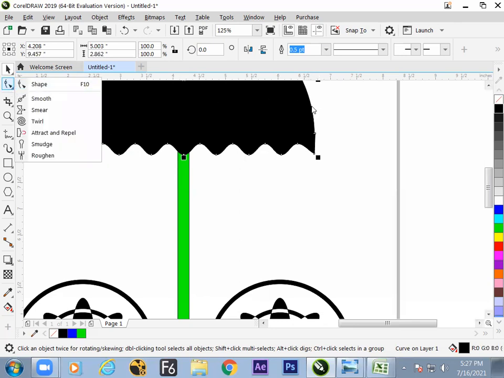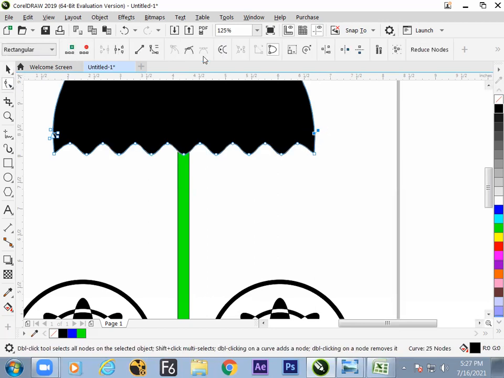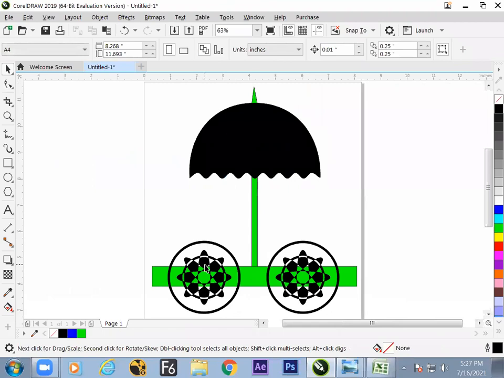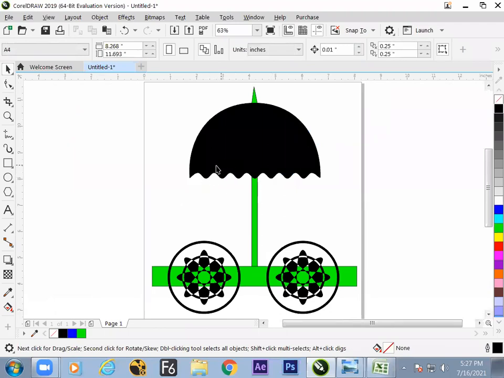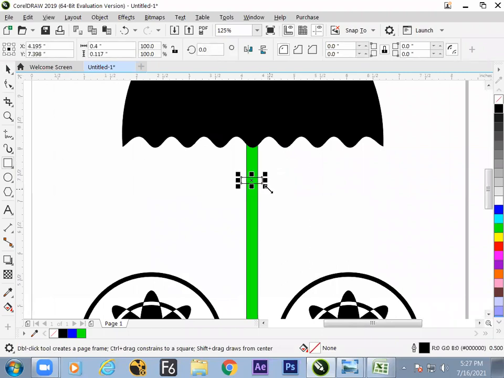Now the next point. Yes, there are unnecessary parts which we don't require. Then you can go for delete and delete. So I hope we have understood how to start the design and add on to it. So how to make the curves and how to fuse them to get a design done. Now, in the middle, if you need to add some more structures, yes, add some structures like this.